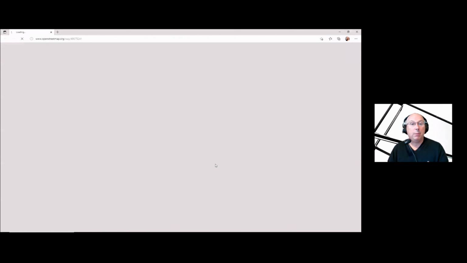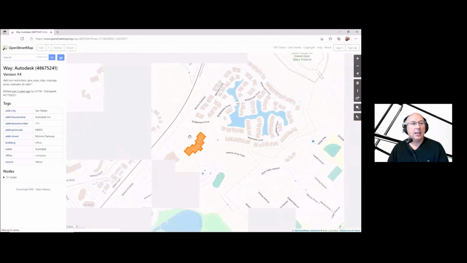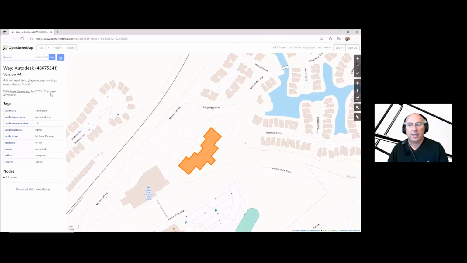So let's pick on that link and see what happens. Look at that. It actually opens it up in openstreetmap.org. Again, that's crowdsourced. You can upload and fix any data you want. You could upload your own buildings, your own roads, and give them the elevations, and it becomes a publicly crowdsourced place that you can get all your data. And many sites use OpenStreetMap because you don't need to pay. It's free. And it's available, and it could be as accurate as you want it to be. If you want to update this data, you're welcome to. So that's the wonderful thing about OpenStreetMap. And look, it's even got all the data. It's got the address, 111 McInnes, and it's Autodesk, and we'll just close that up.